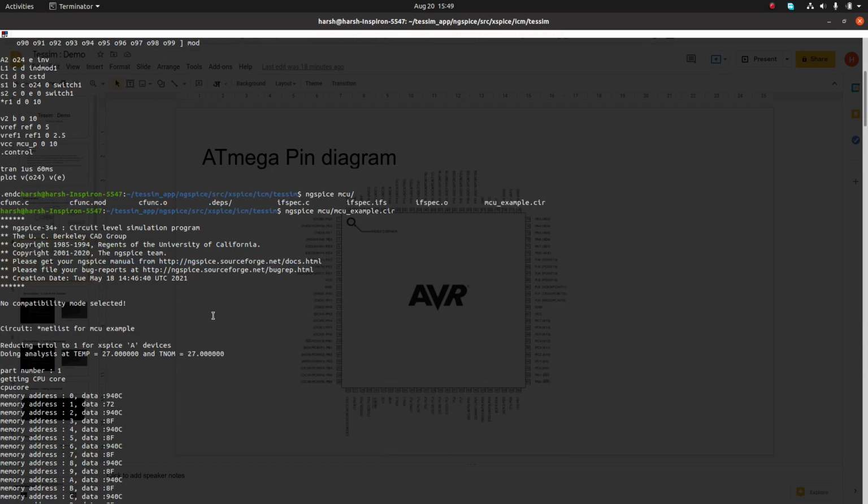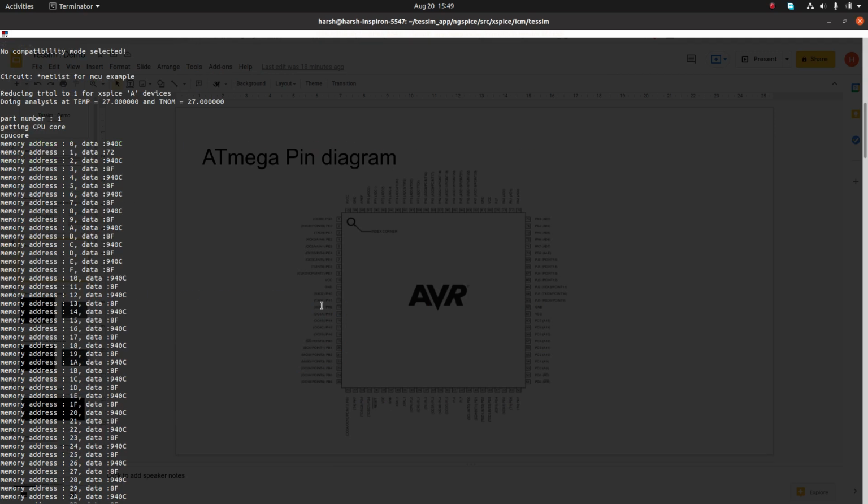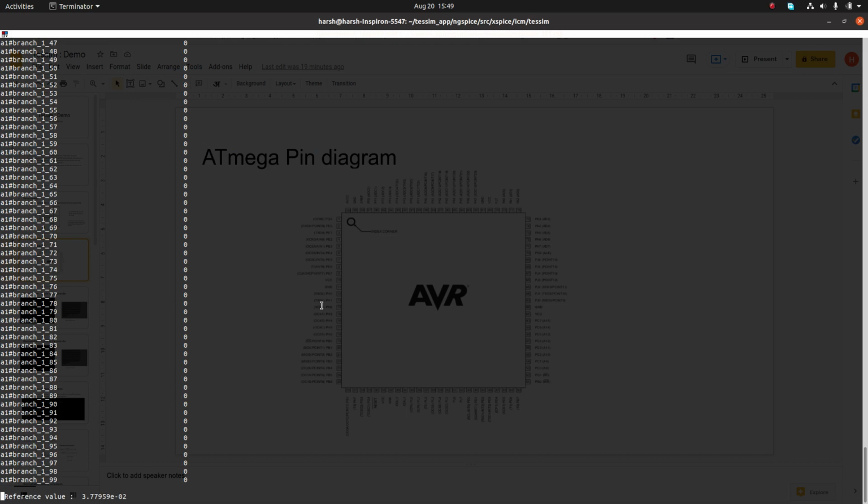If you see here, it's a small time step, 1 microsecond, and we are running for 60 milliseconds. So that's 0.06 seconds, which is taking us slightly more time. We can reduce the time taken by either reducing the simulation time or increasing the time step from 1 microsecond to say 10 microseconds.